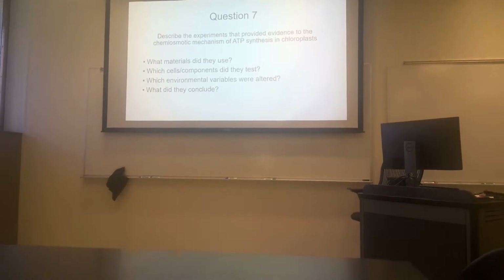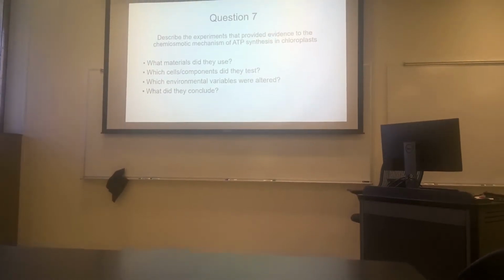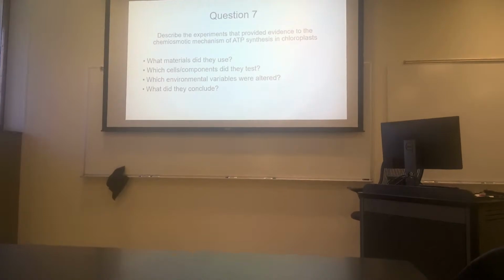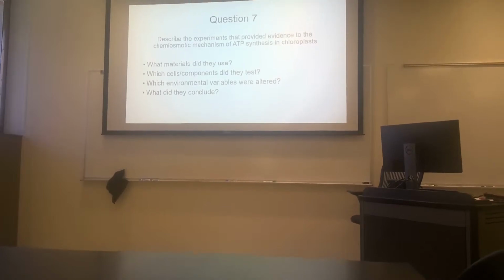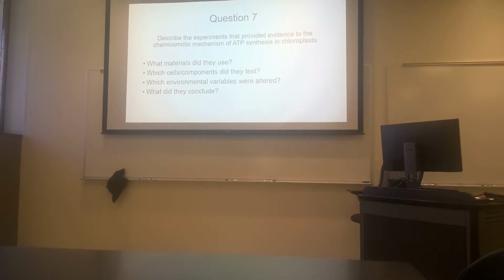pH. So we first put it in a low pH system, create a low pH in the lumen, and then they move it to a high pH solution. So what does that tell you? Where is ATP going to be released? It's going to be released within the stroma. Yeah, so all of this is basically